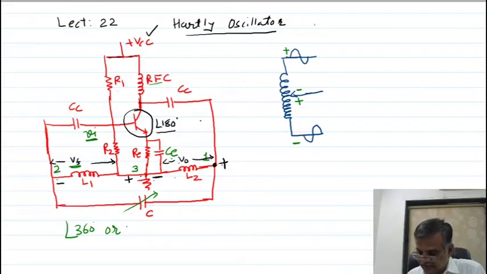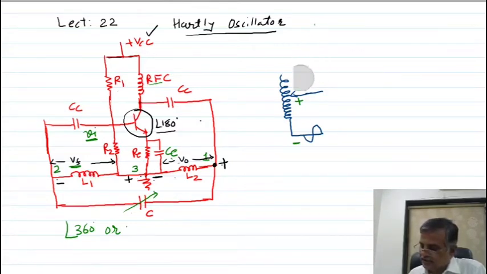So you can see here the transistor itself produces a 180 degree phase shift. The parallel resonance circuit, or tank circuit, also produces a 180 degree phase shift. The voltage across L2 and the voltage across L1 have a 180 degree phase shift. So this is nothing but the VO voltage. So VO voltage and V feedback voltage have a 180 degree phase shift. So total will be 180 plus 180. Total will be 360 or 0 phase shift. Hence, the condition of the positive feedback is obtained. The circuit will produce sustained oscillation.